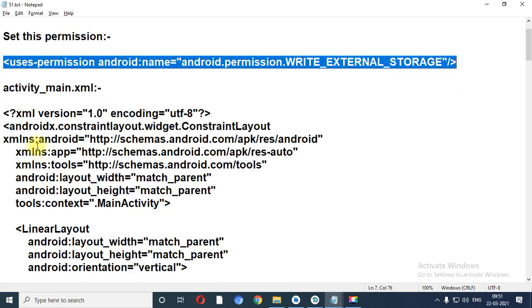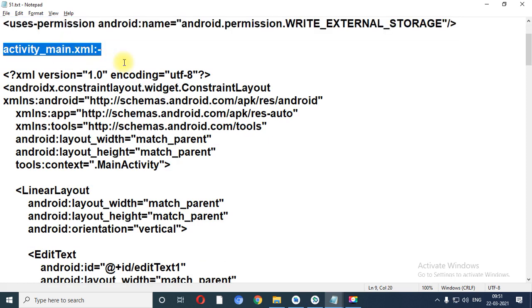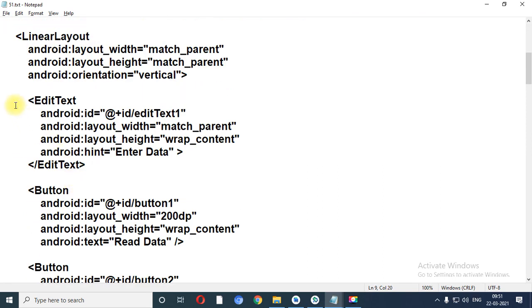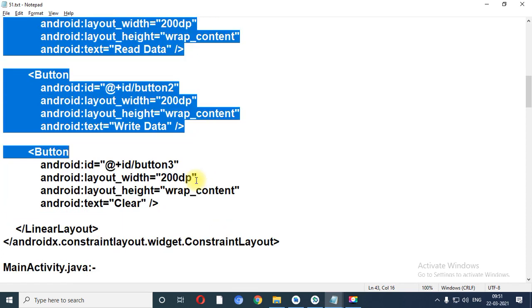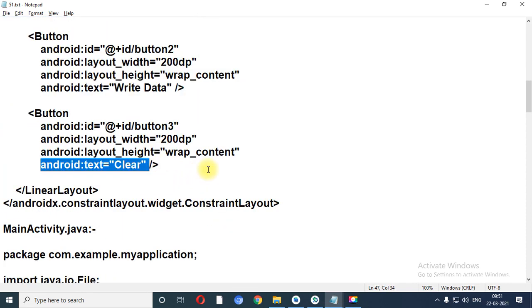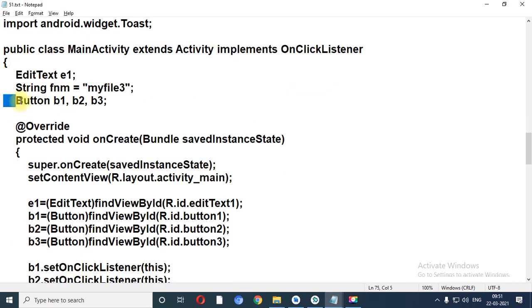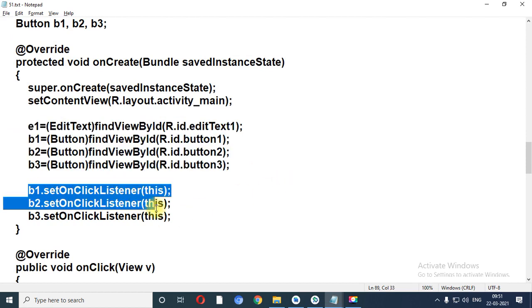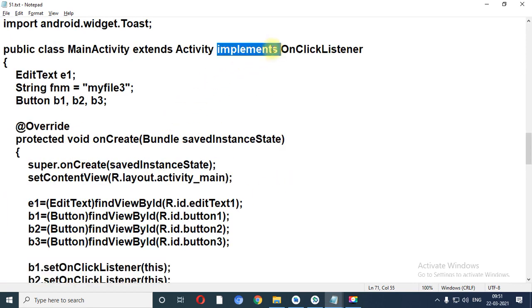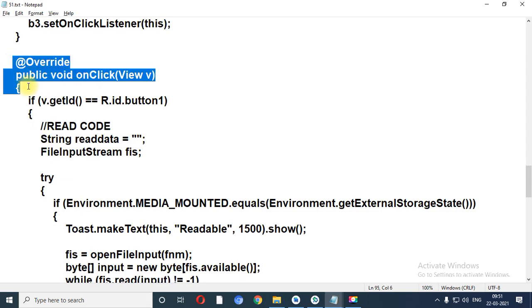Now in the main activity, activity_main.xml, that means in the designing file, which remains as it is like before, there is one edit text and 3 buttons: read data, write data and clear, right. Now what we need to do: create objects of all the widgets, find them by view ID, set on click listener, implement on click listener and override on click.